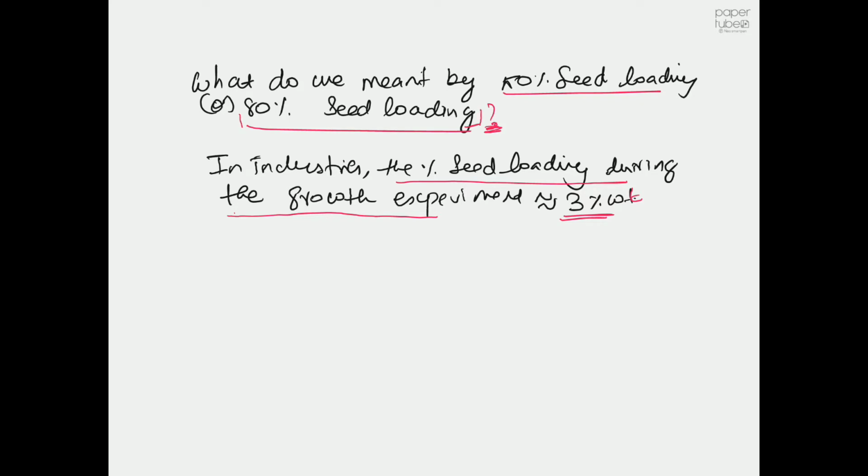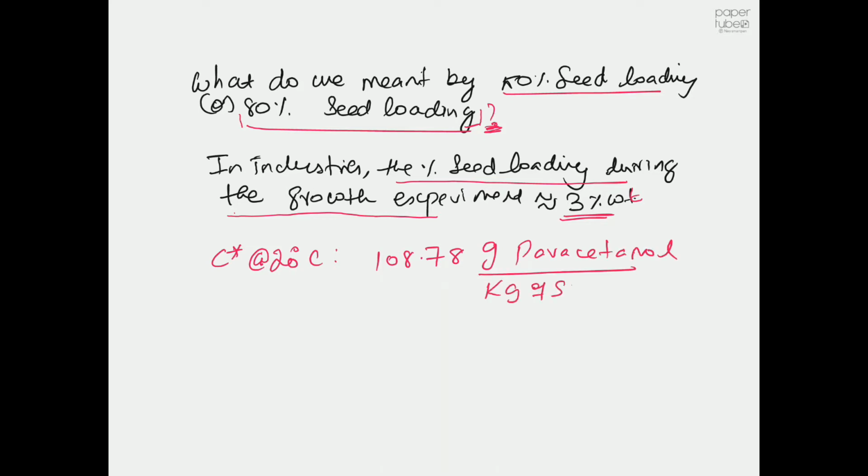the given experimental conditions. So I'm going to write the initial conditions. We know the solubility of paracetamol at 20 degrees centigrade is 108.78 gram of paracetamol per kg of solvent,